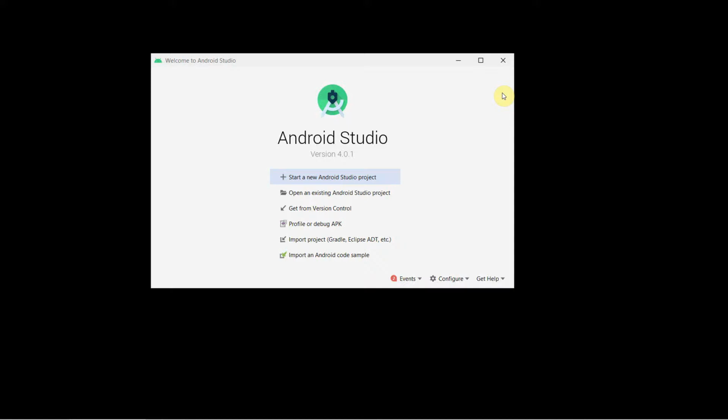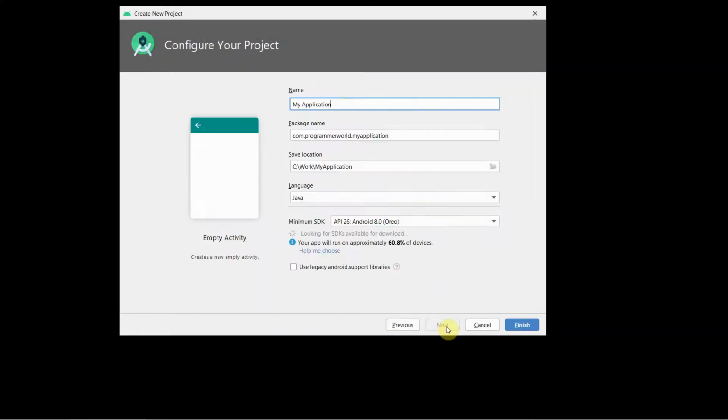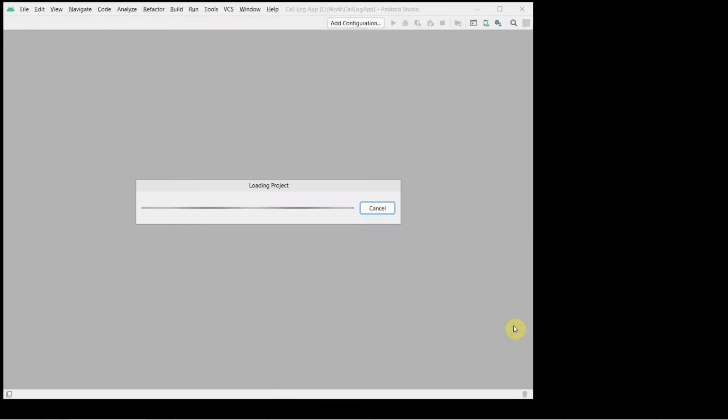In this video, I'll show you how to log call data such as call name, call duration, call phone number to which it is called, or call type from your Android phone. So let's begin. As usual, we'll create a very simple layout. I just want to focus on the main code. So call log app. You can name it anything. So let's finish.